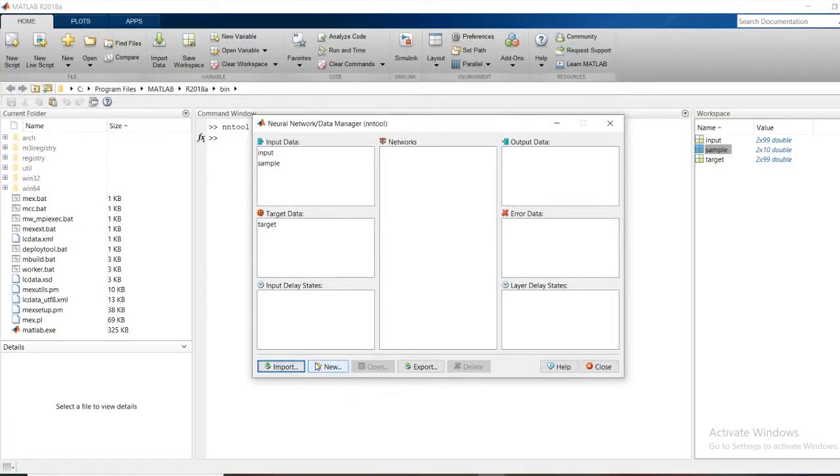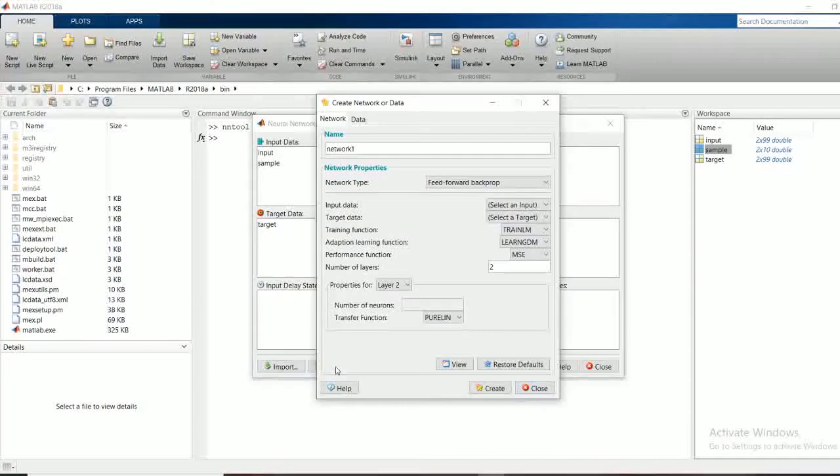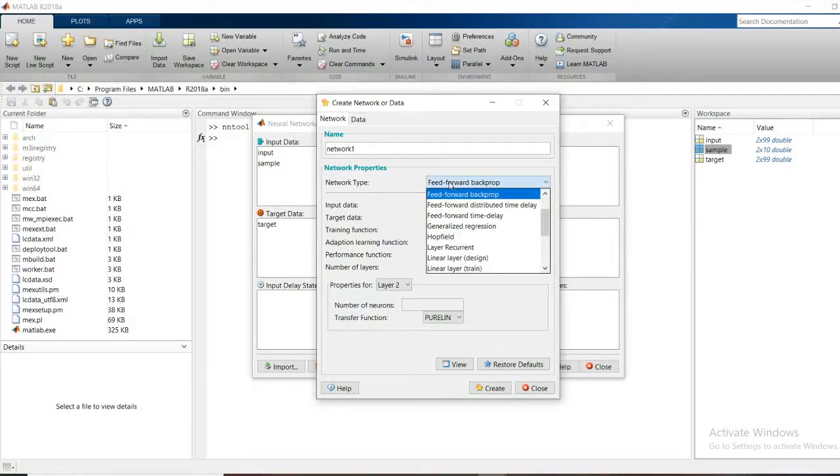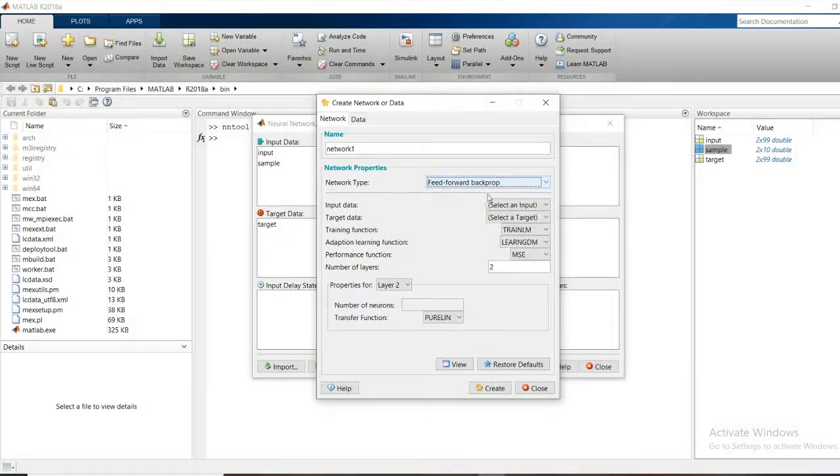In the NN tool, go for new. In this, you can name your network as network 1. By default, it has taken network 1. You can name it anything you want. Go for network type. By default, the tool takes feed forward backprop because its accuracy is more and it takes less memory for prediction. So, I have chosen feed forward backprop.